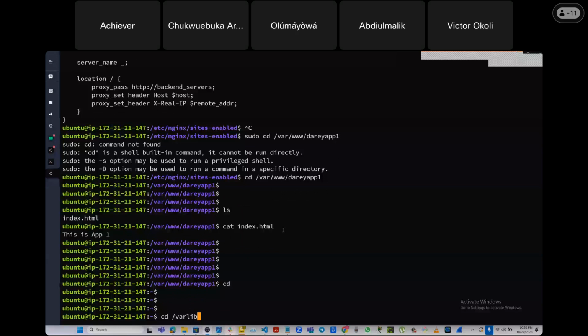It keeps disconnecting. Good. So if you go to /var/lib/jenkins/workspace and type ls,